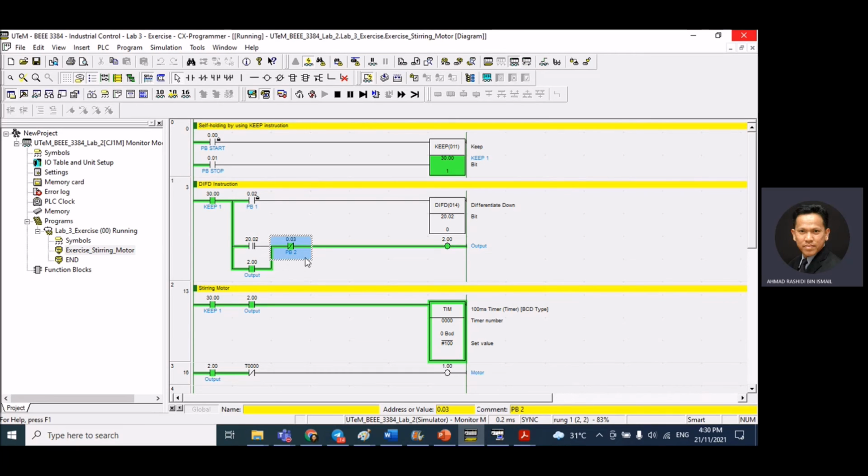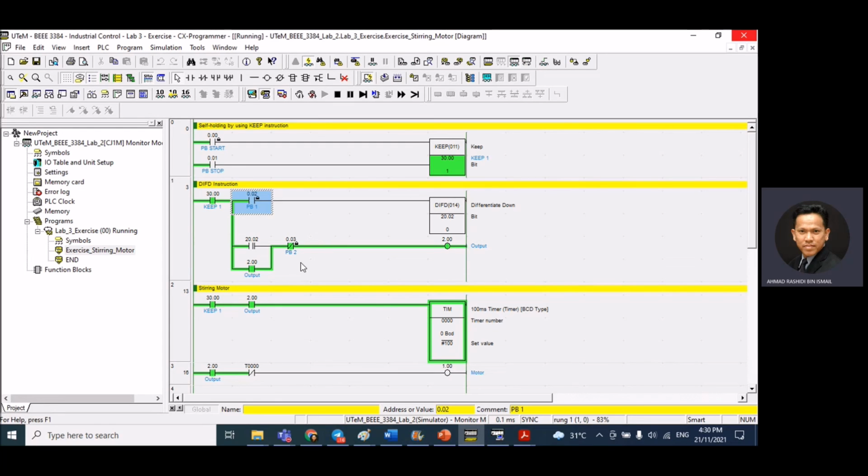So I have to reset first, press push button 2 and release, in the initial state condition. Then I can start again. The timer starts counting, the motor is running. Once it completes counting 10 seconds, the motor will stop and continue in the initial condition.